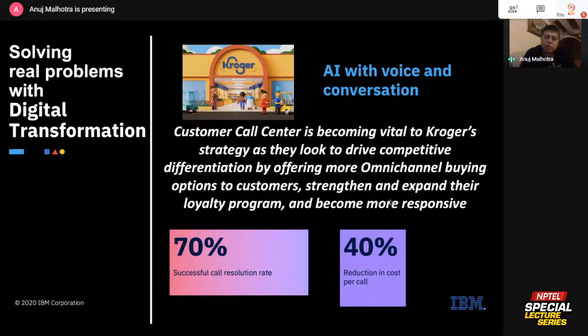The interesting part of the technology is, if somebody calls one of these call centers or a number of Kroger saying, if you need any queries on your shipment, can you just call us? That call actually goes to a computer, right? What the computer does is it just converts that voice call into text through natural language processing. It takes the text and tries to understand the intent through artificial intelligence, trying to understand what is the intent.